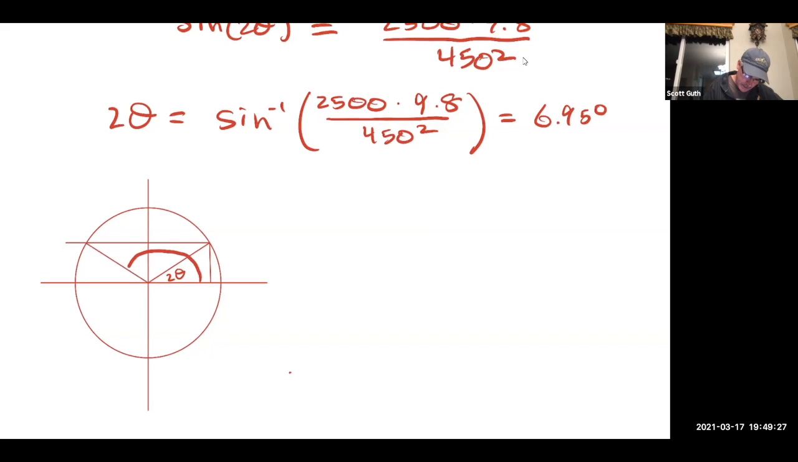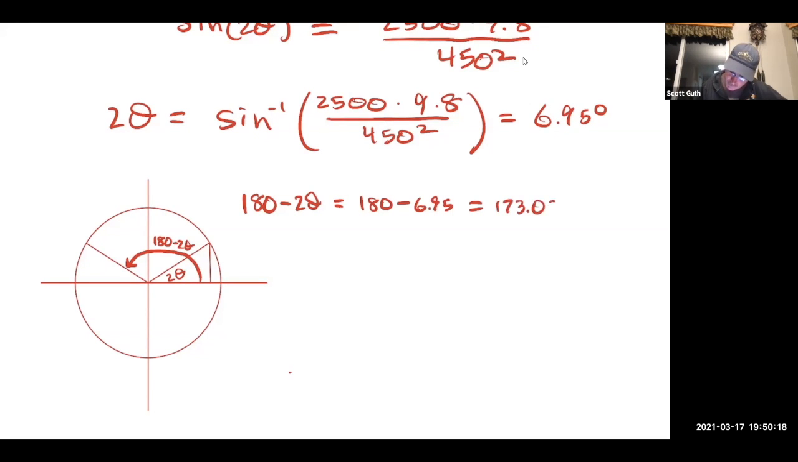And so this angle here is going to be 180 minus 2 theta. So 180 minus 2 theta will be 180 minus 6.95, which is 173.05. Both of these have to be divided by 2. So the angles of inclination are 6.95 over 2,